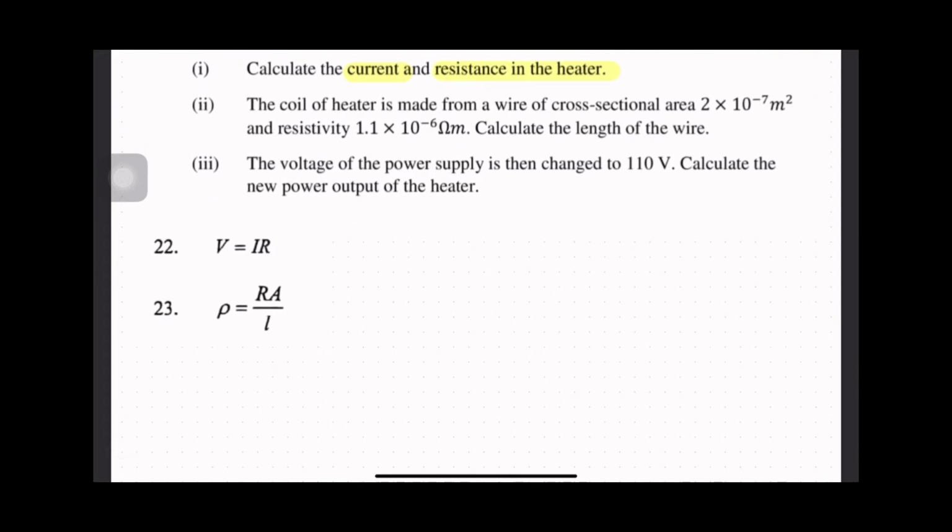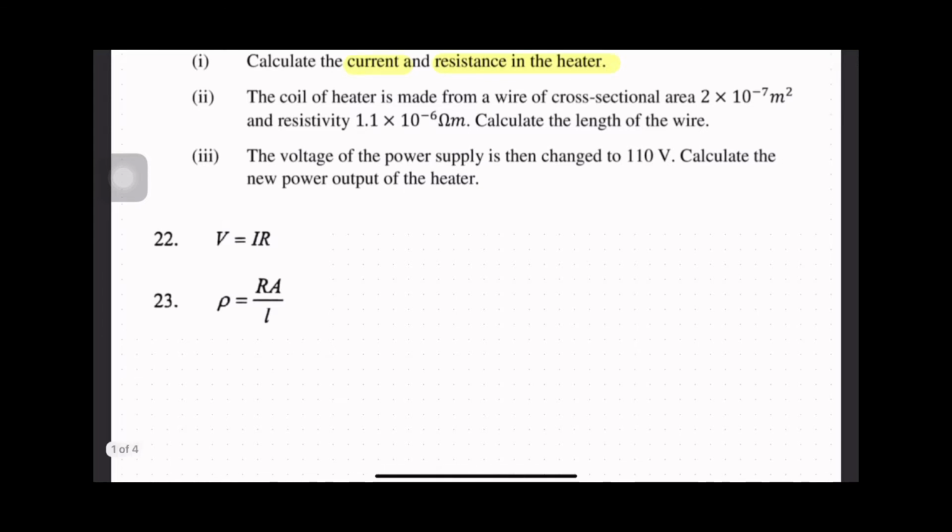So, tak silap saya, tak ada diberi formula ni, kena tahu. P is equal to IV. Okay, P is equal to IV. Right, so nak cari current. So, gantikan dululah. Power sama dengan 2.5 times 10 to the power of 3. And then nak cari I, V adalah 220. So, current kita akan dapat sama dengan 2.5 exponent 3 divide by 220. So, akan dapat 11.36